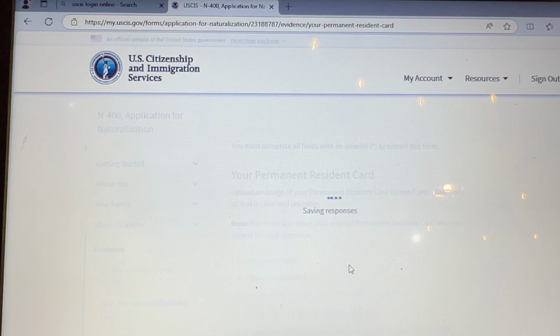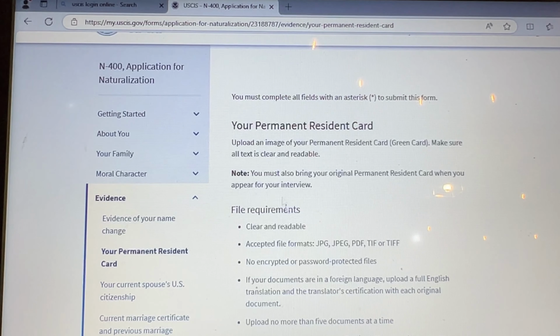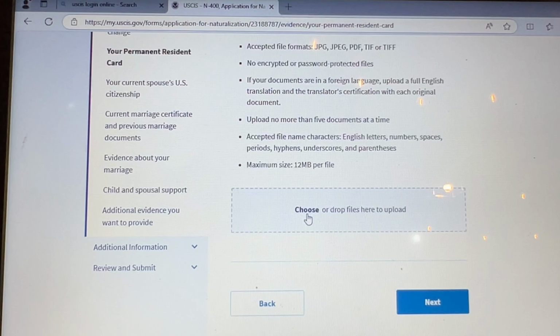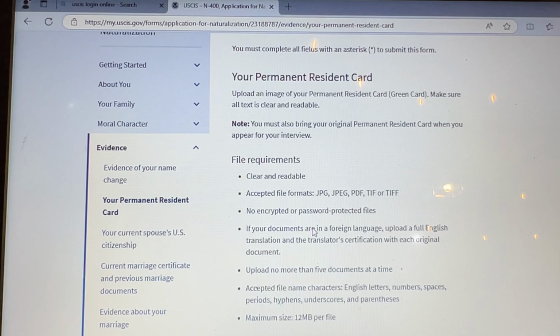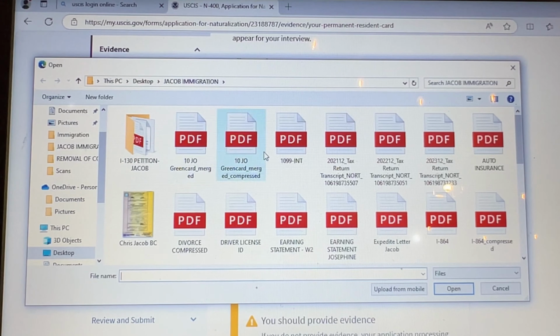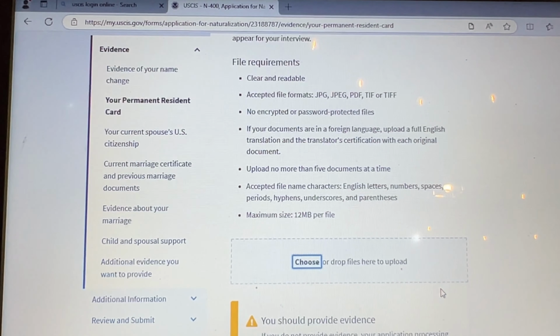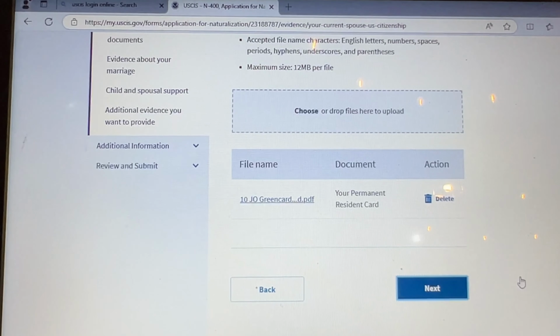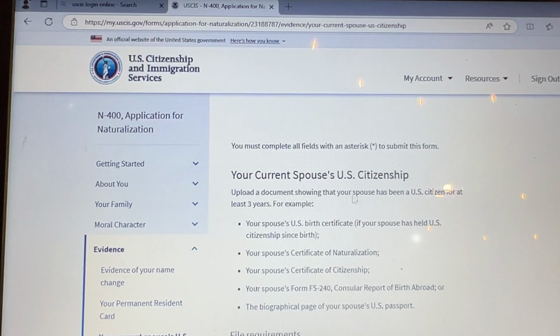Next is a permanent resident card. My permanent resident card, you need to attach the copy also right here. And it should be clear and 12 MB per file, PDF. The next is requesting your